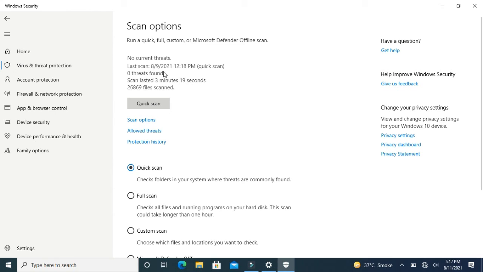We have no current threats, and we have a computer free of viruses till now. The result shows that there are no current threats. Last scan was